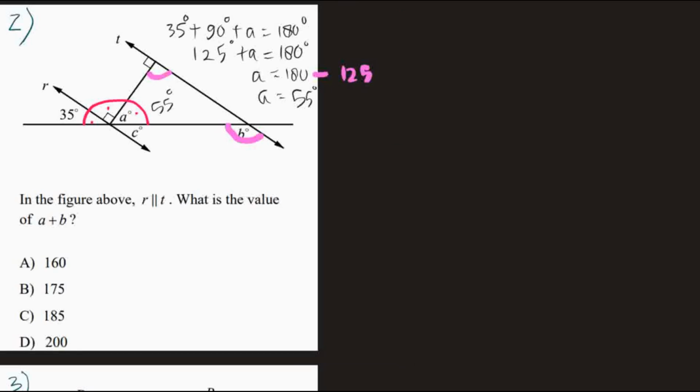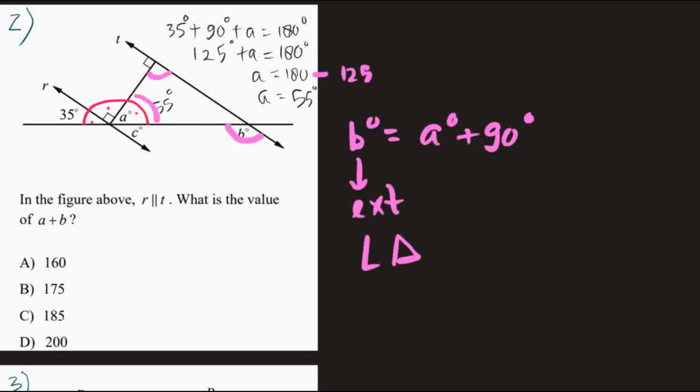So B will be equal to this plus this. So we are using the idea that B equals A plus 90 degree, because B is the exterior angle of a triangle, according to the principle that it is equal to the sum of